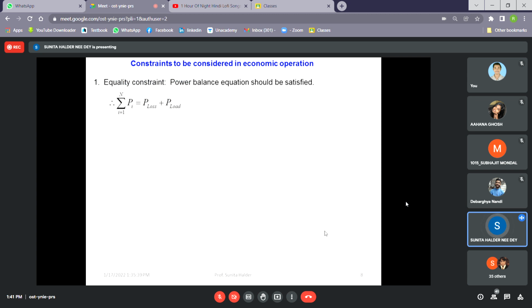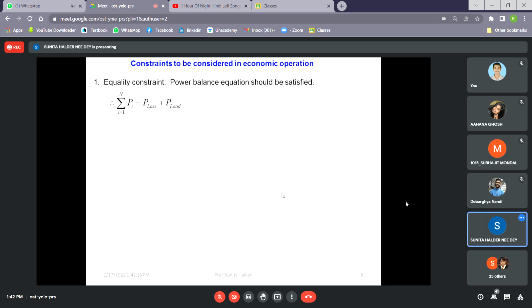Now, when we find an economic condition to operate the plants, to operate the units economically, what is the difference between units and plants? A plant means a power plant. From there, one node will be generated, like this one, right? Say a node which is supplying the load, so the load is an impedance, for example. This is the plant, and unit means the number of generators connected to it. This is the difference between plants and units. I hope you have understood.